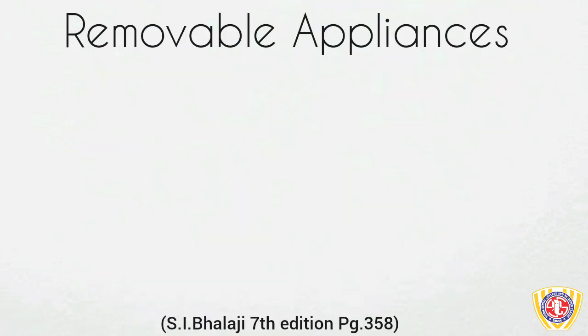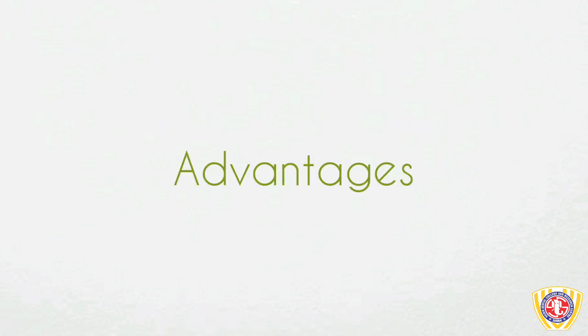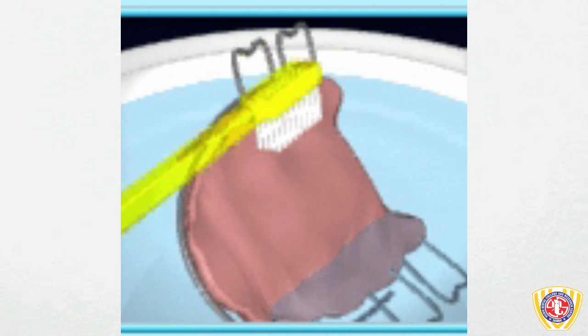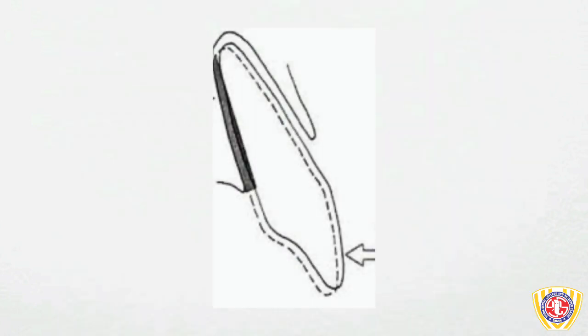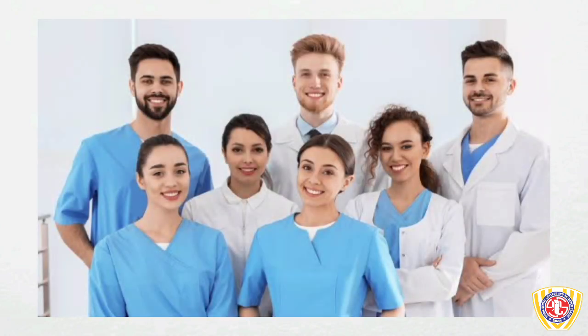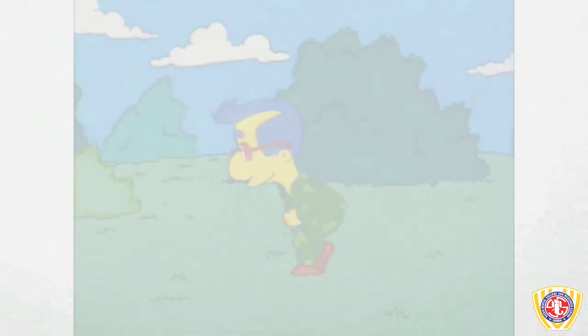Now, we will be discussing the advantages and disadvantages of removable appliances. Advantages. Removable appliances allow the patient to maintain good oral hygiene. They require less chairside time, and thus the orthodontist can handle more patients. Removable appliances bring about tipping type of tooth movement, and they apply less force for tooth movement. Removable appliances can be used by general dental practitioners who have received adequate training. They take less time, are easy to fabricate and are relatively economical. They are less conspicuous compared to fixed appliances.